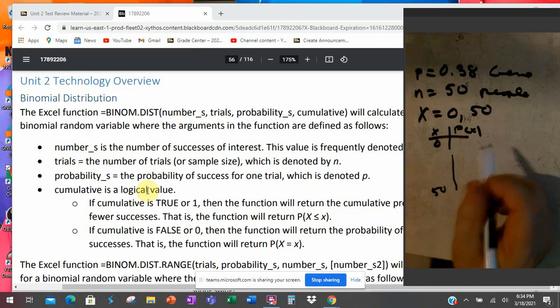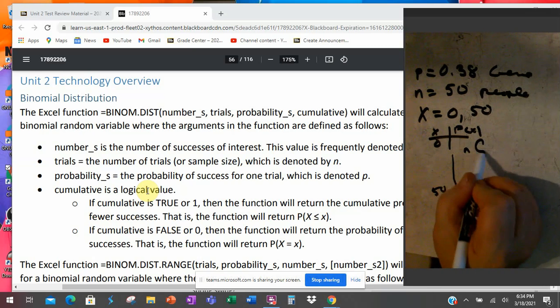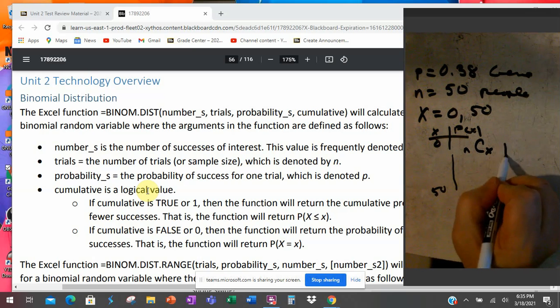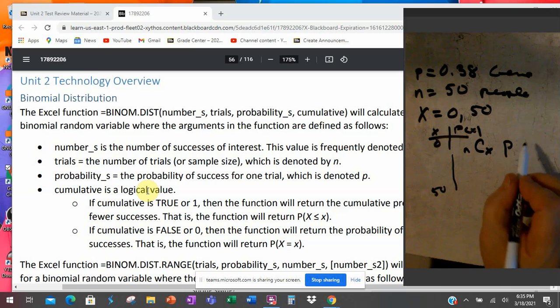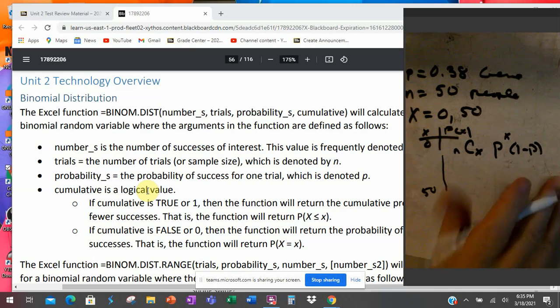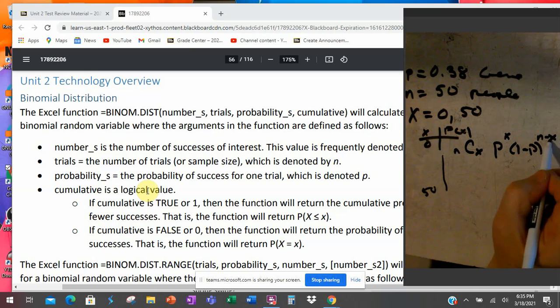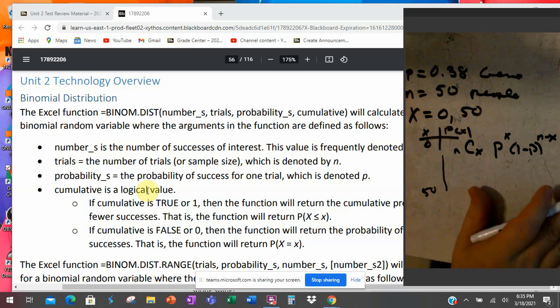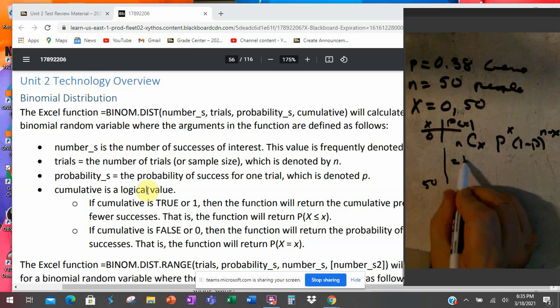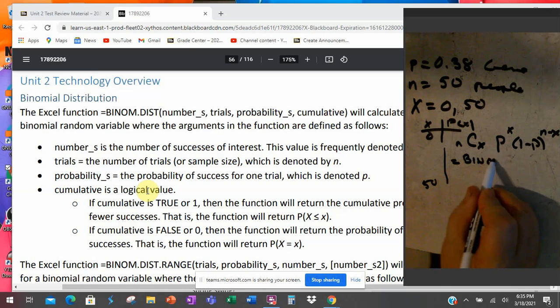And remember, this probability looked like n choose x. Out of the 50, you would choose this many. Then you would have the probability of success to the x power, that's the success, and then 1 minus p to the n minus x. Okay. We don't do this by hand. We would do the binom.dist